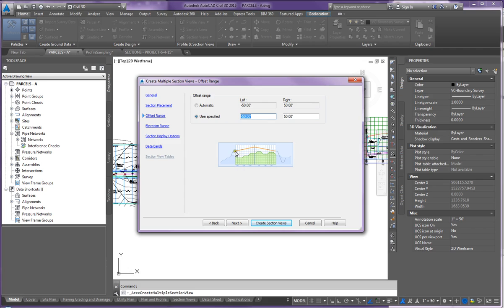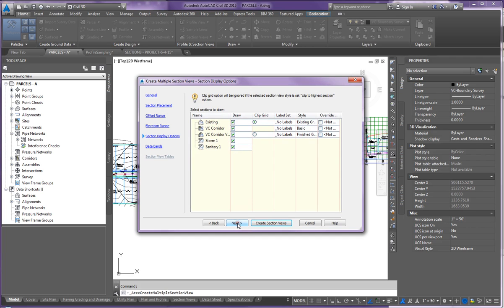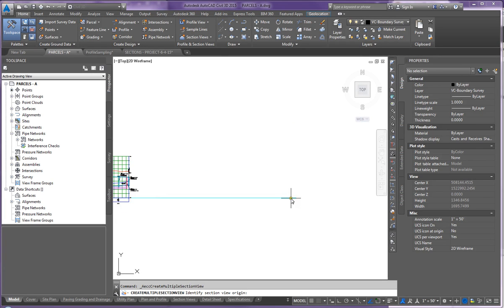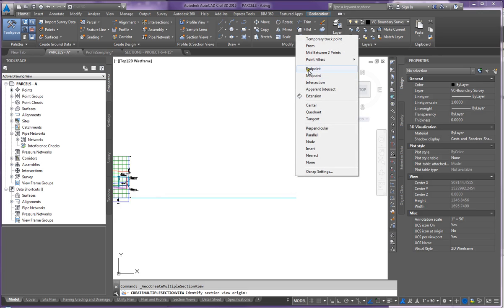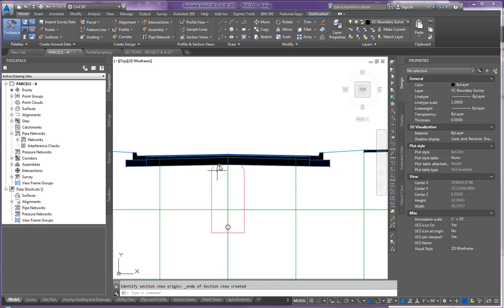So it's saying that they want an offset swath of 50, basically our right-of-way. Next. Now the height, we're going to just let it do automatic. Everything basically here is default. We're going to be drawing in all of the data that's checked: the corridor, the existing grade, the storm, and the storm sewer. So I go next. The offsets is how we're going to use our bands, and then we're going to create section views. Now I'm going to select the endpoint over here, shift and endpoint. When it does that, it creates our section, and it creates the